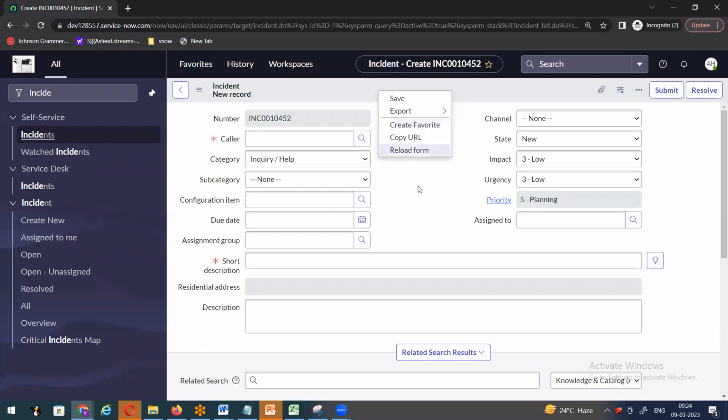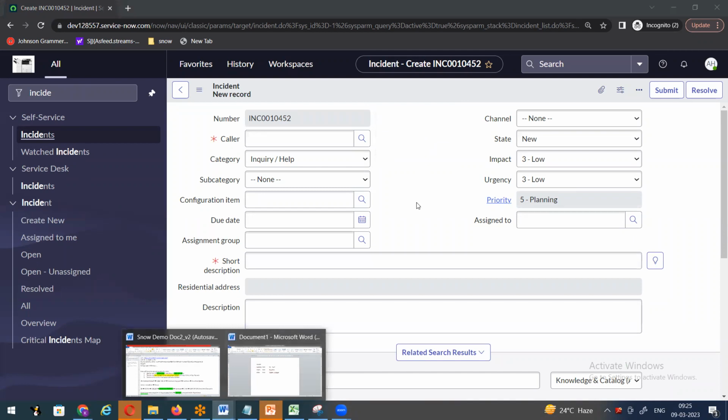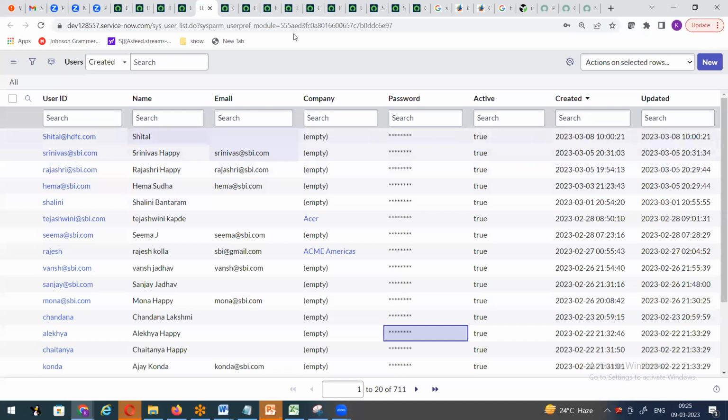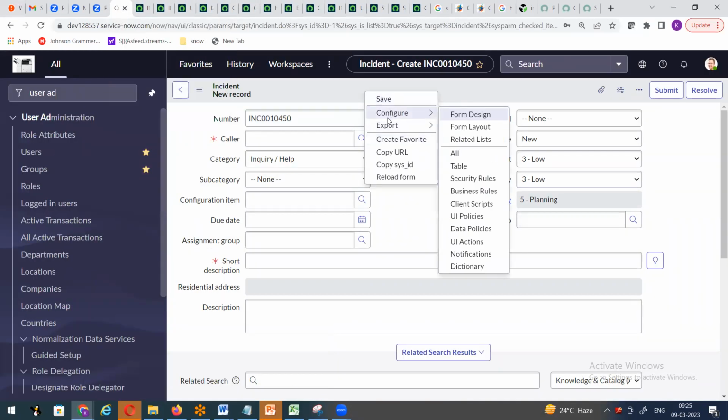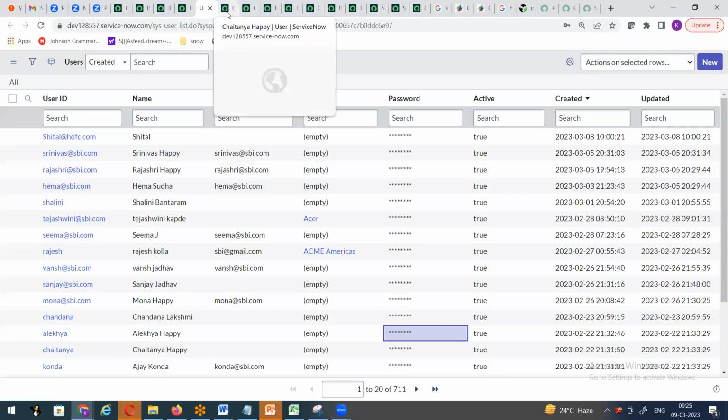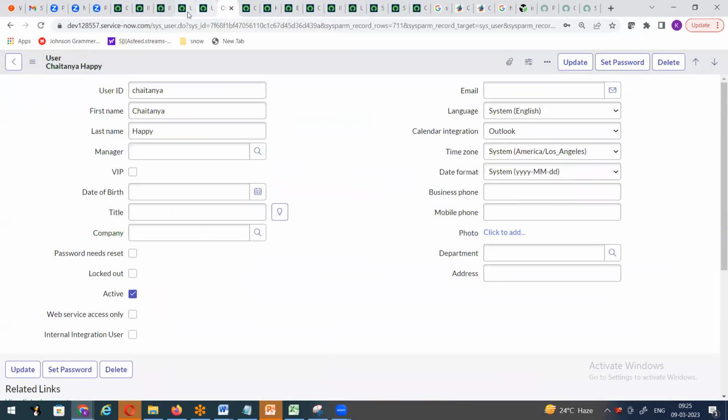Yes, sir. So Hemasuda and Rajesh, I think you both know about what is ESS, ITIL and admin, right? Yes, sir. Very good. So now I have shown you what is incident. See, only as a ServiceNow administrator, I have an admin role, right? So that's the reason why I'm able to see